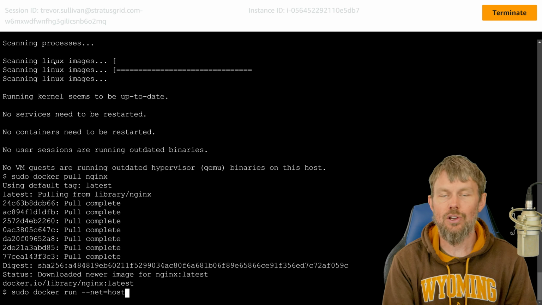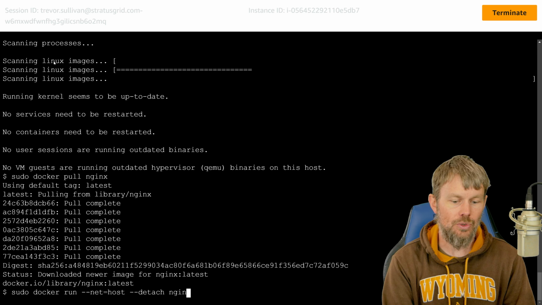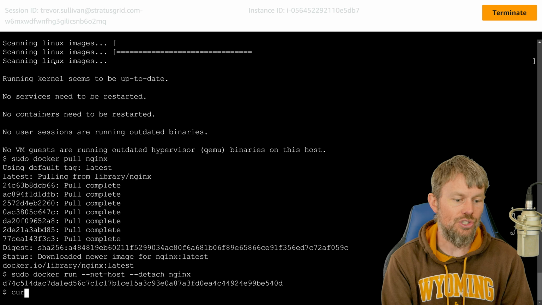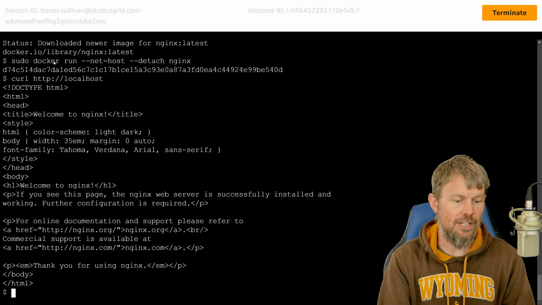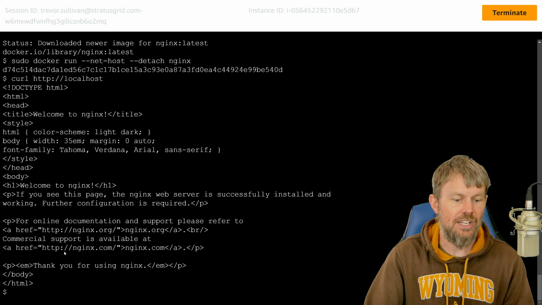We'll connect it to the host network so that we don't have to expose any ports. And then we'll say --detach, and then we'll use nginx here. So that should spin up a container. We should be able to also curl to that. So if we do curl localhost on port 80, we should see the HTML right here for the standard Nginx